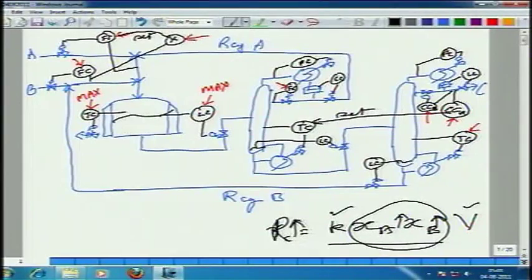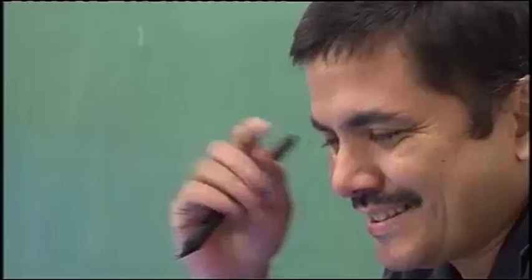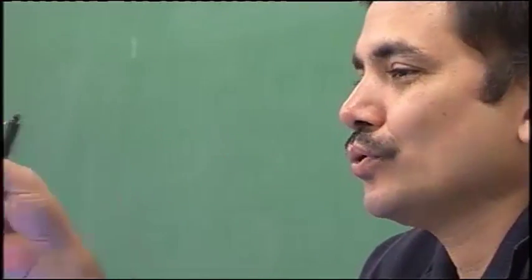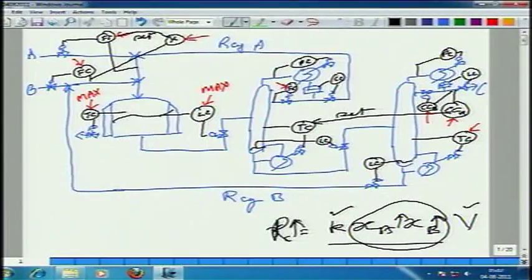All right. By the way, just as an aside, suppose there was a side reaction, and I do not know, well, let us say there is a side reaction which is in series. A plus B goes to C, C further reacts with, for example, A to give D. And let us say the volatility of D is the same as that of C, so the D comes out with C in the process.